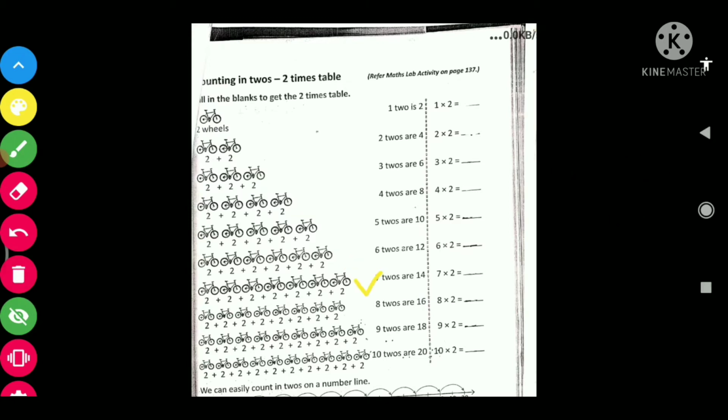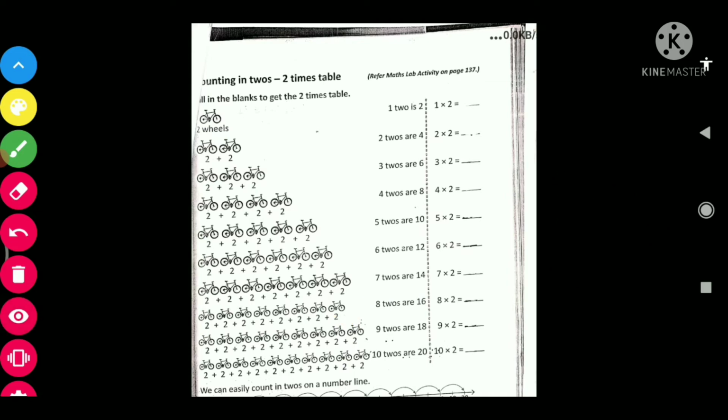Now see this one. 7 bicycles are there and each having 2 wheels. Now how many wheels are there? 7 twos are 14, right? Now see this one. 8 bicycles are there and each having 2 wheels. Now how many wheels are there? 16, right? 8 twos are 16.